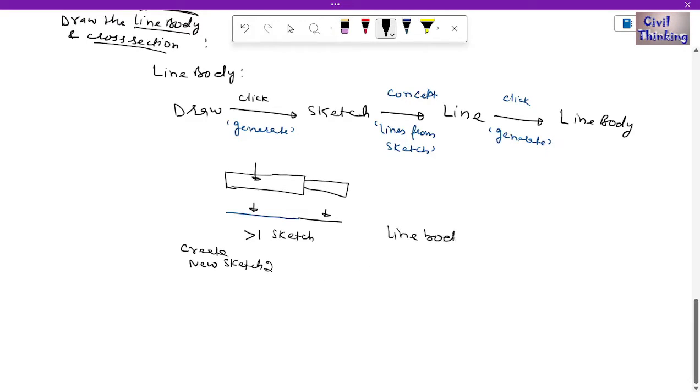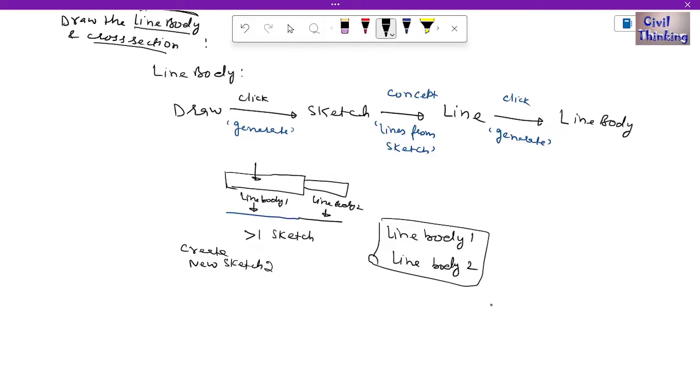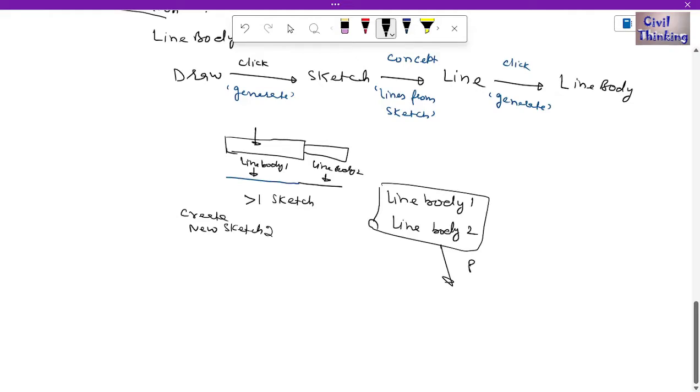line body. Let us call this line body 1, and this is line body 2. So you will get line body 1 and line body 2. You can change these names too. Then you select both of them in the option. Then you right click on them and then click on what,